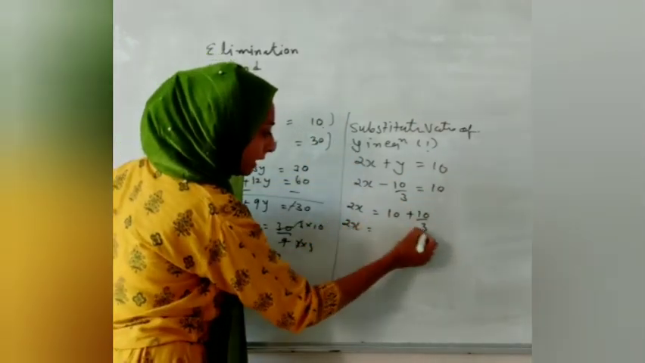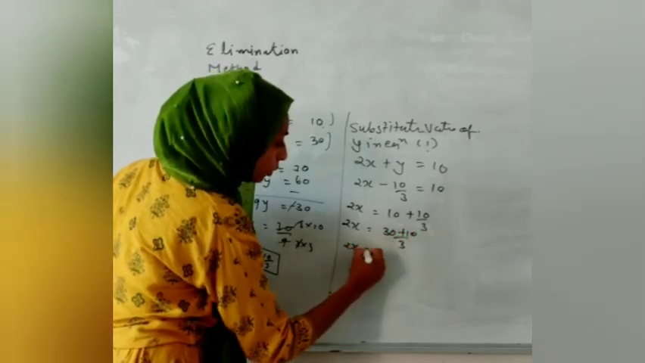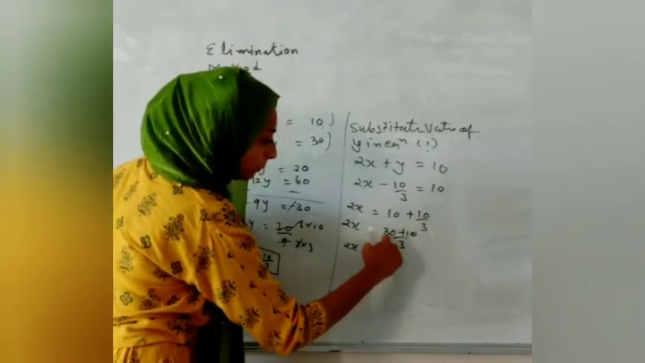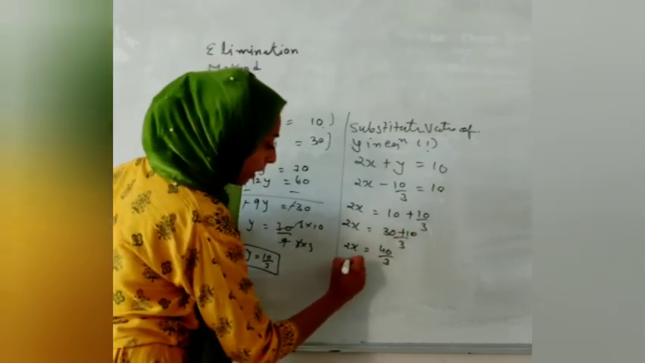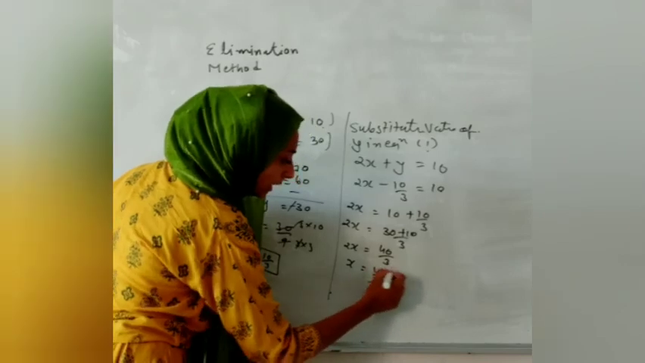Now here we will take LCM and 3 10s are 30 plus 10 by 3. So it will become 2x equals 40 by 3, because यहाँ पे प्लस हो रहा है और वो डिवाइड में है. Let us take that to that side, so it will become, now I have to reduce it